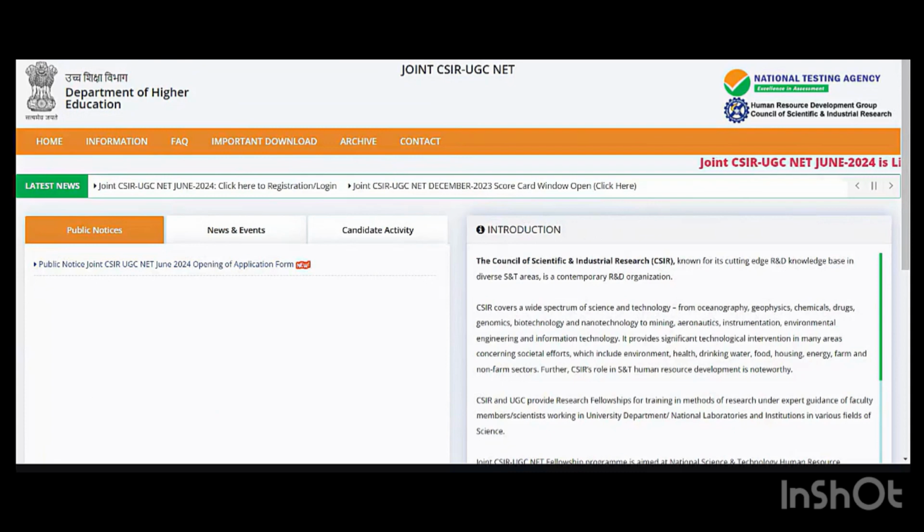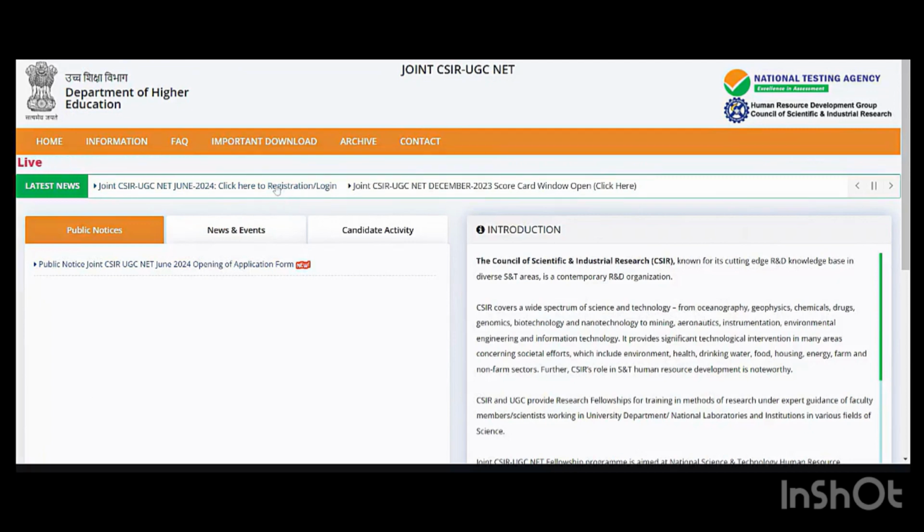On this page you can see the blinking notice: Join CSIR UGC NET June 2024 is live. You have to click on the very first latest news, that is Join CSIR NET 2024, click here to register or login.